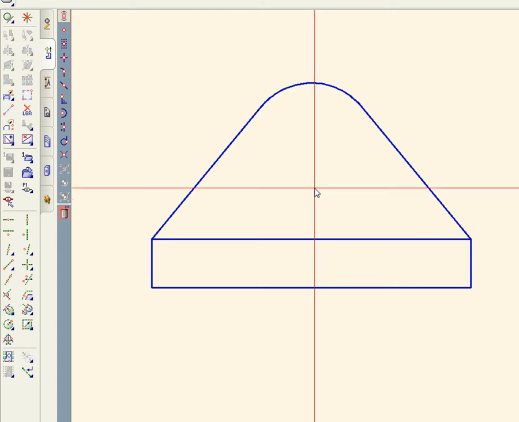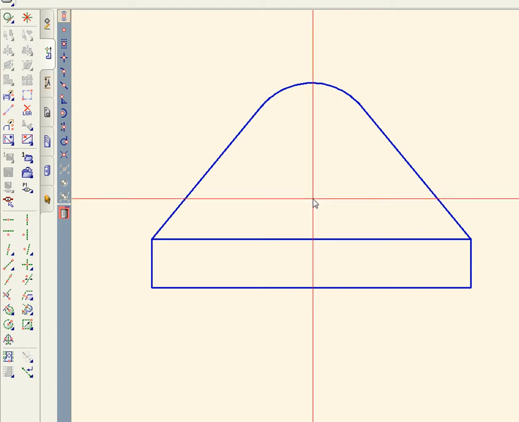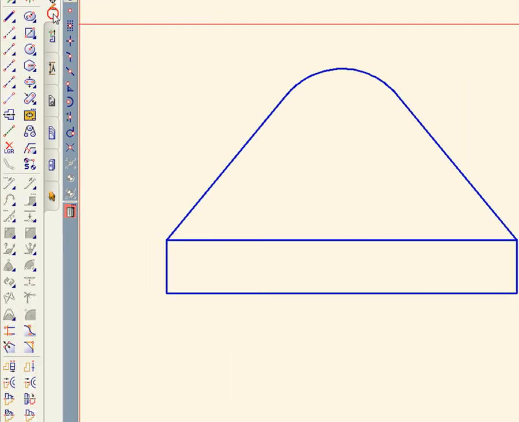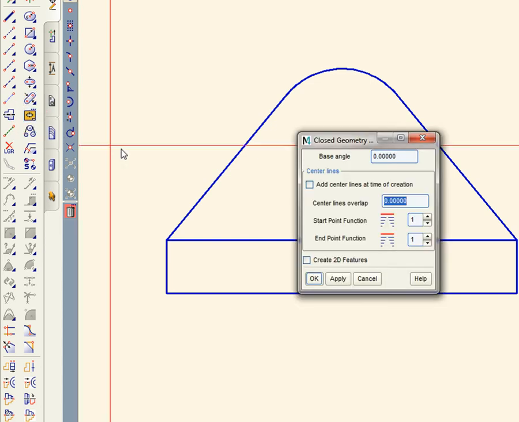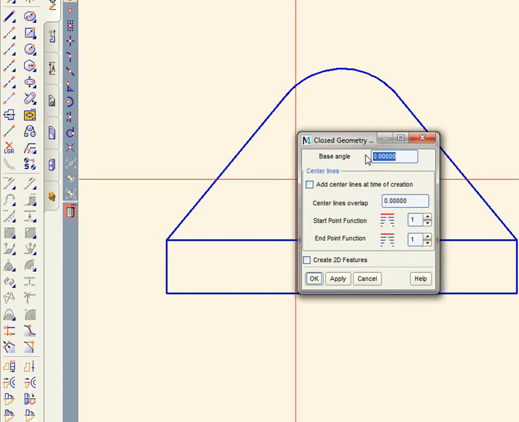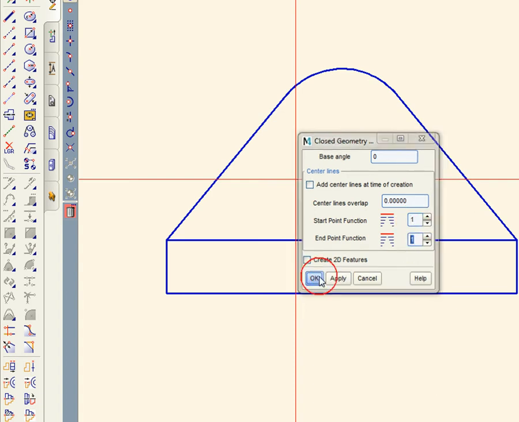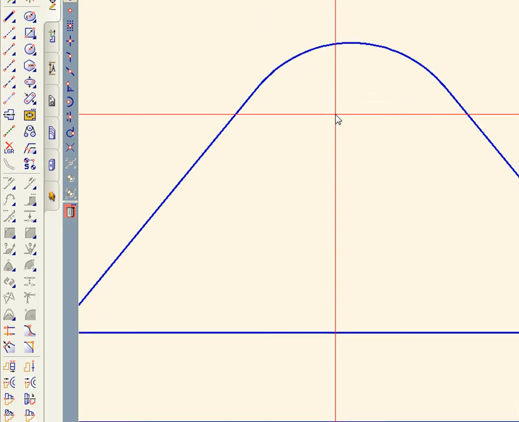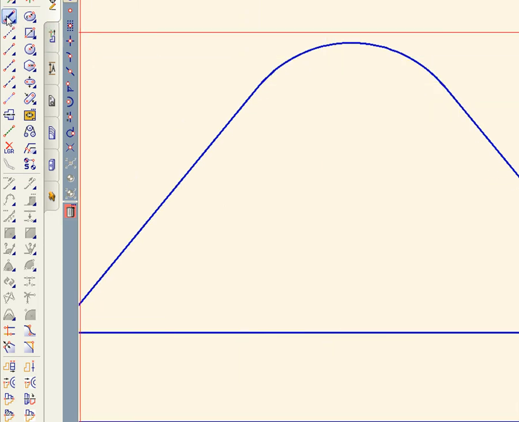Before we continue, we just want to take a quick look at the closed geometry properties. So we'll open the dialog. Base angles at 0. You can make changes here as required. For now, we'll just leave it as is. Click OK and continue. Now I'm going to draw a circle, so I choose the thick solid line again, then